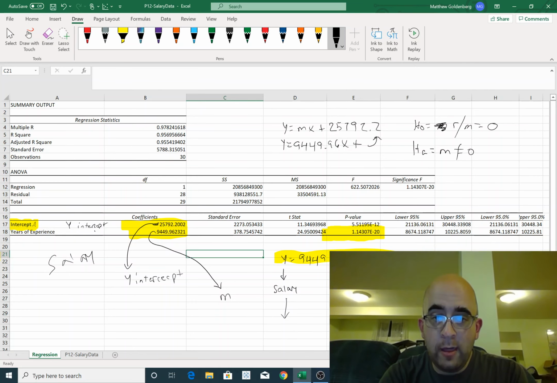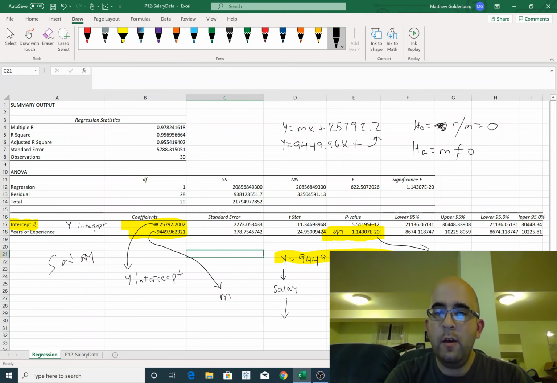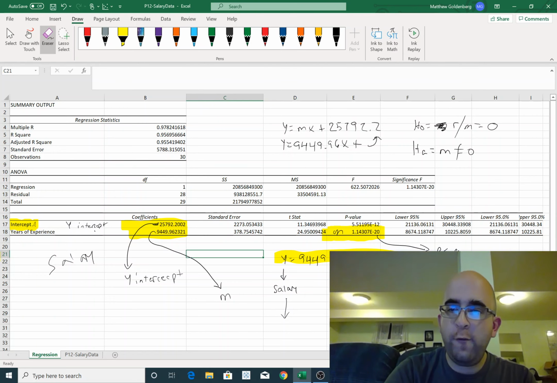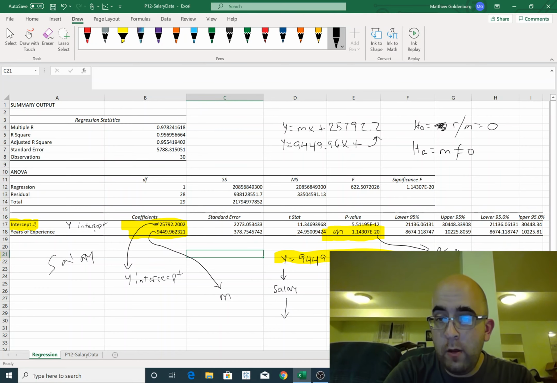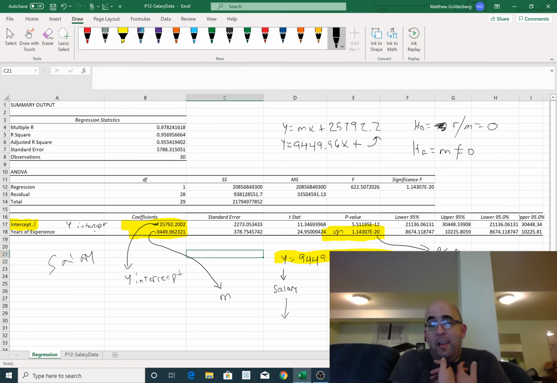So what this p-value is testing is, okay, this p-value is for our slope. This is our test. This p-value is definitely p is less than alpha for our slope, so that our slope has significant enough evidence that it lies in the rejection area. And what that means then is that we have a slope that's significantly different from 0. We must have a relationship then between years of experience and salary, something significant that we should actually be paying